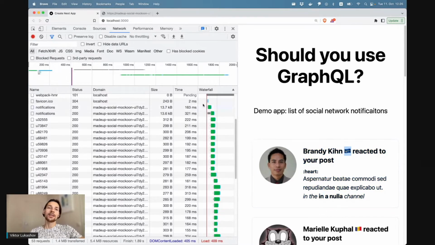Yes, you can. One, you can wait for the backend team to change the /notifications endpoint to get all the data at once. Or two, if you had a GraphQL API to access the data, then you don't need to wait for a backend team to add this field. If it's already in the graph, you can just get it. But if you don't have a GraphQL API to start with, then it's kind of hard.